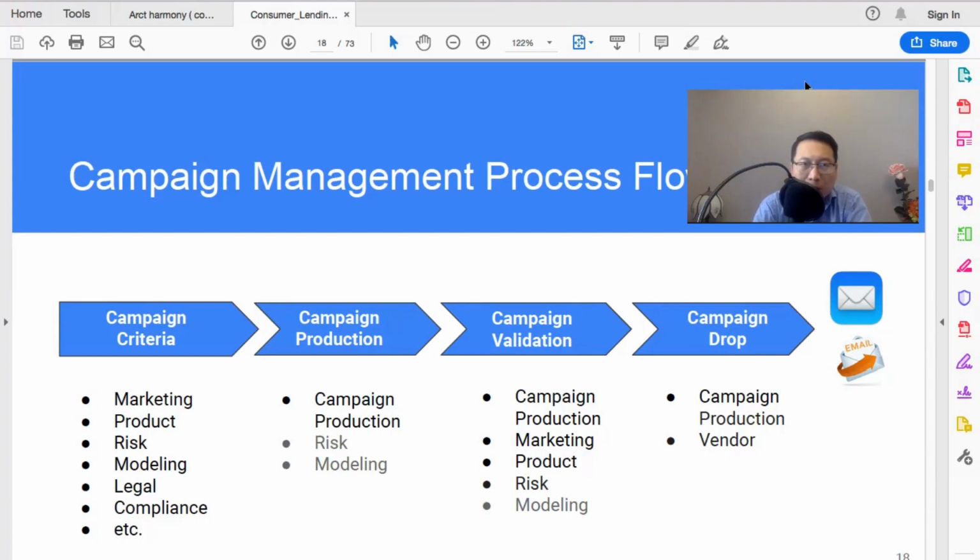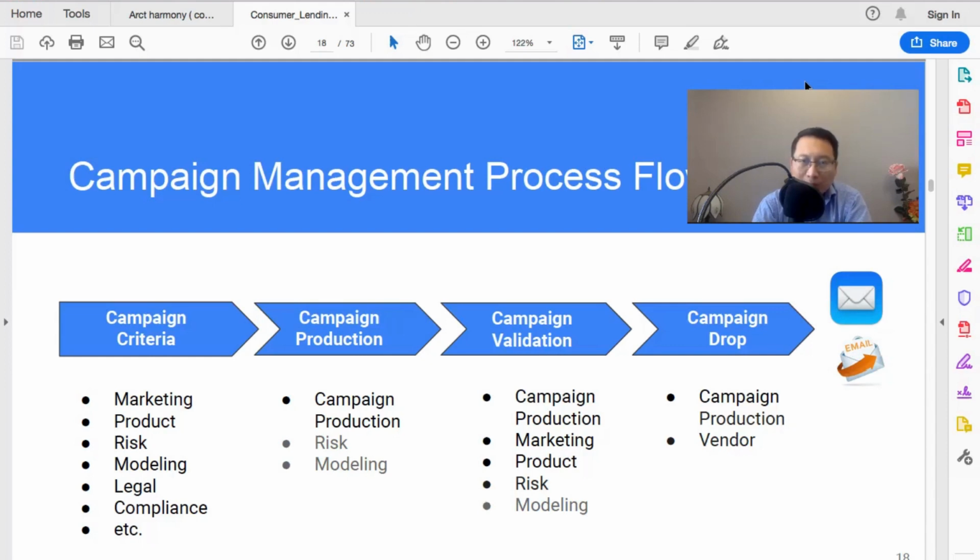Once the campaign production file is available, then we move on to the campaign validation stage. This is very important. It's crucial because all kinds of mistakes happen without proper validation. So here's the best practice.